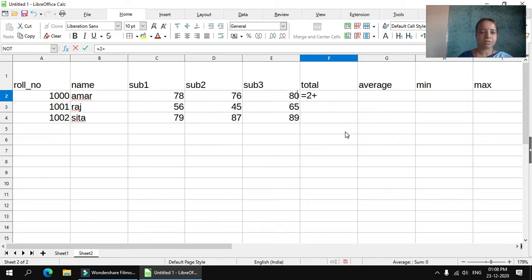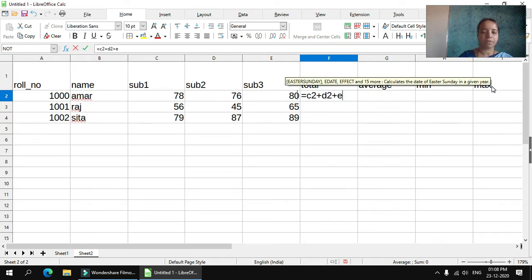So C2 plus D2, here it is D2, C2 plus D2 plus E2. Okay, 3 cell contents it has taken.